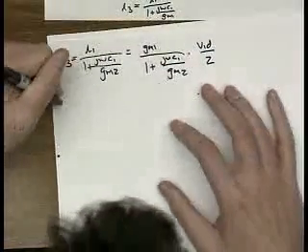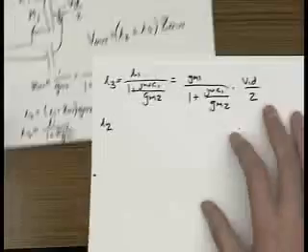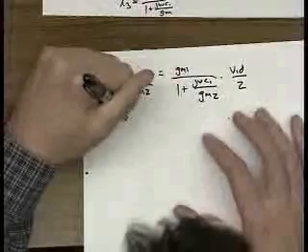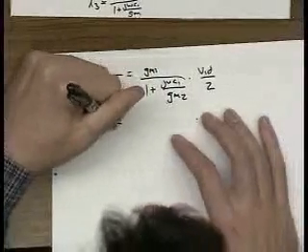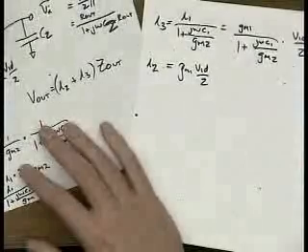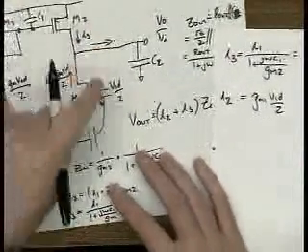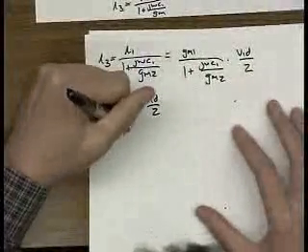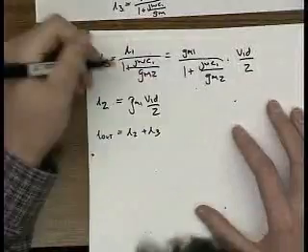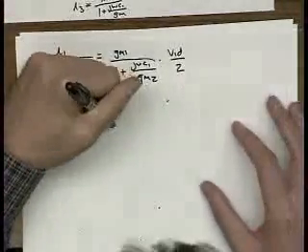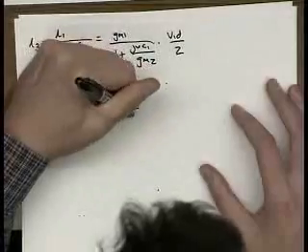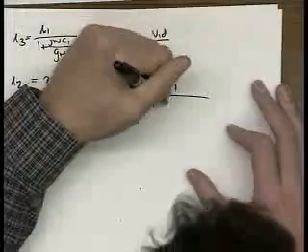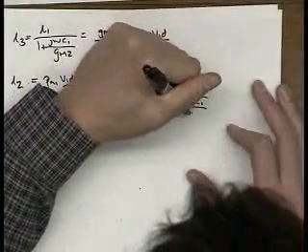I2, which is this current, is equal to Gm1 VID over 2. So therefore, I out, which is this current, I apologize for jumping back and forth all over, I out is equal to I2 plus I3, which is equal to Gm1 VID over 2 times 1 plus 1 over 1 plus j omega C1 over Gm2,